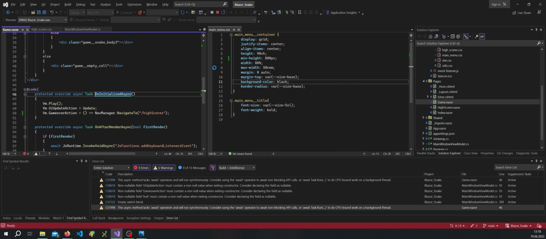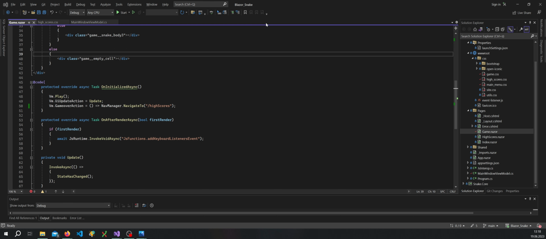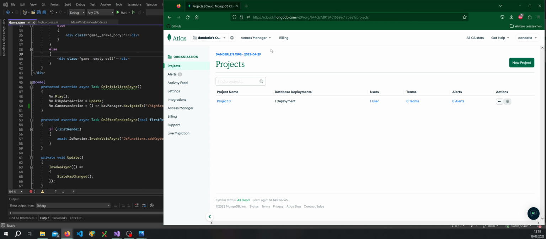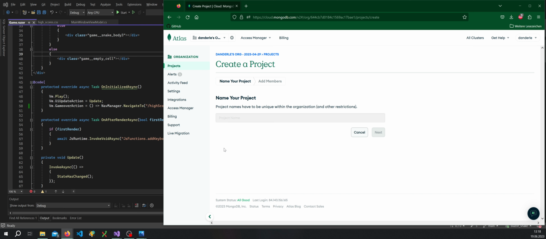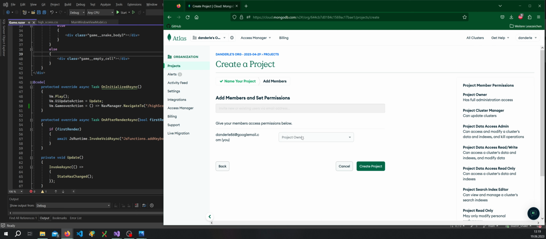Alright, and to set up, I don't know if you guys want to see this, but I'm just gonna do it anyways. So this is for free. You can log on to MongoDB, and here I will create a new project, and this is gonna be the tutorials project. Next,